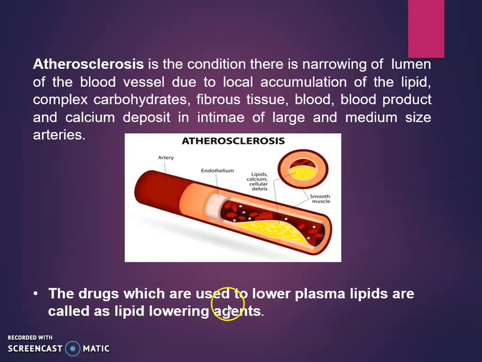The drugs which are used to lower plasma lipids are called lipid lowering agents, and examples are clofibrate, niacin and nicotinic acid. Let's start with the individual monographs. Now first of all we have to see